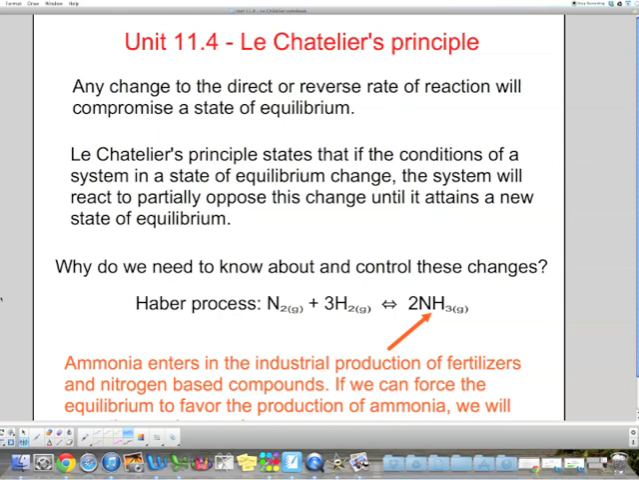Hey there, so now we're going to do unit 11.4, which is Le Chatelier's principle. Le Chatelier's principle is in relation to equilibrium. I explained to you before in the previous lesson what an equilibrium is. It's a reaction that goes both ways. You have a forward and a reverse reaction, and they're both occurring at the same speed, so their effects are